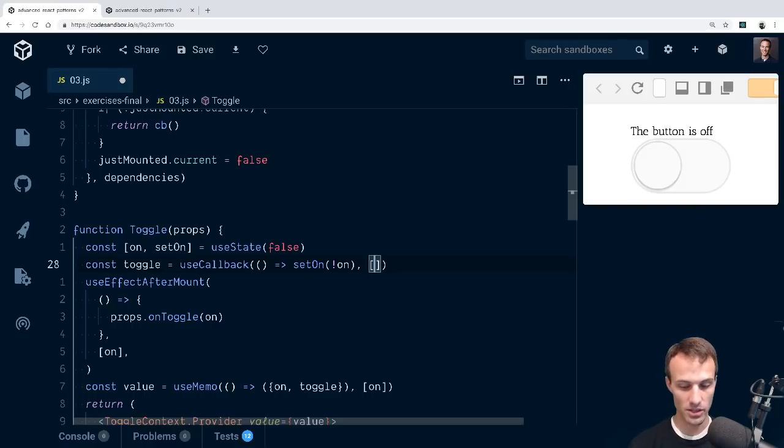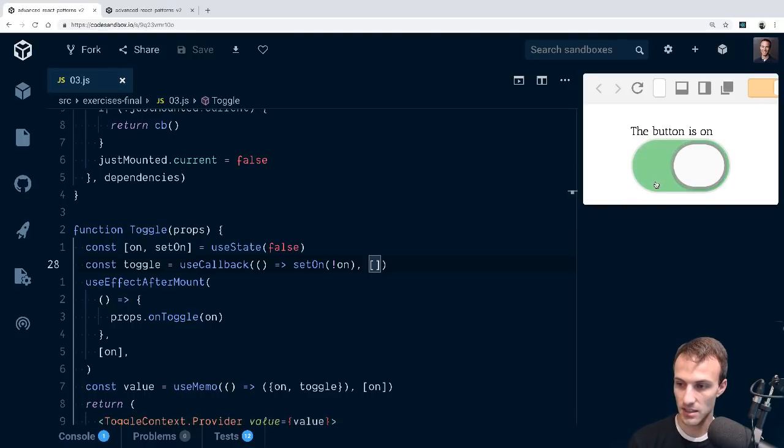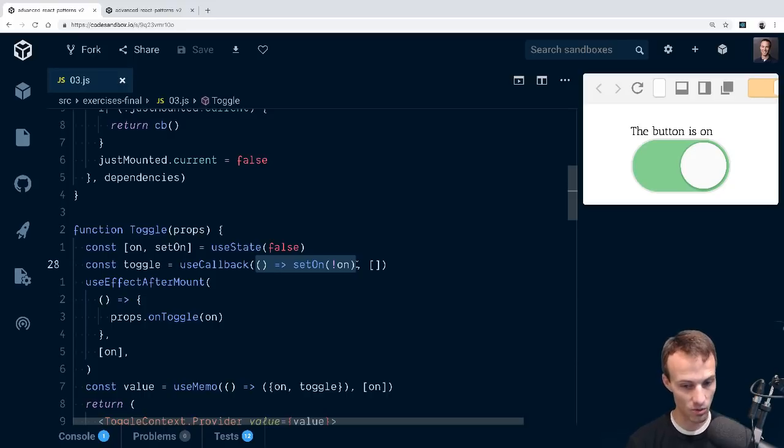So we'll provide an empty list of dependencies. And now it's actually not going to toggle back and forth, because this function is the same every single time we re-render, which means that we're calling setOn with the same value of on that it was when we initially created this toggle function, which basically